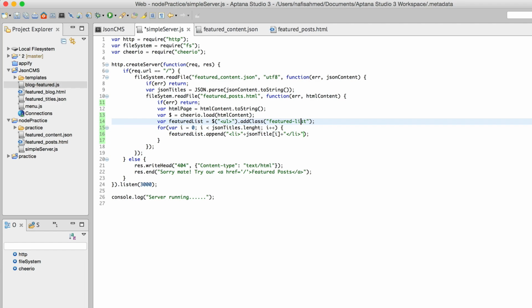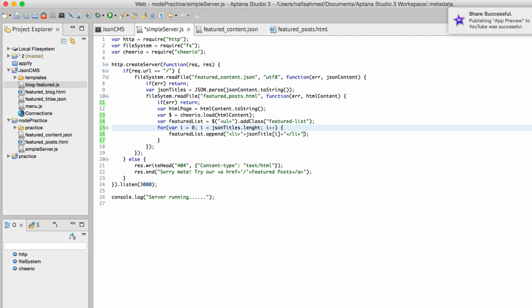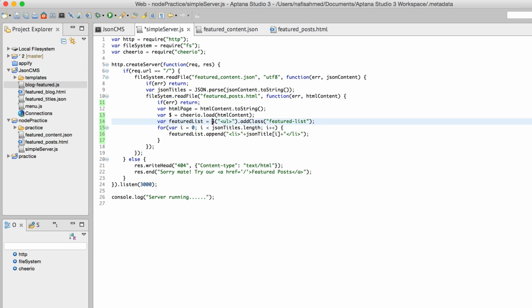So this is pretty simple. Sorry, I think I made a mistake. This should be length. Okay, so let me explain this to you. First, we created this unordered list. Then we added the class name